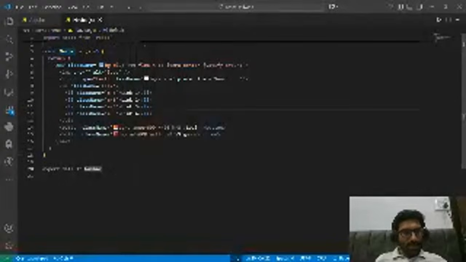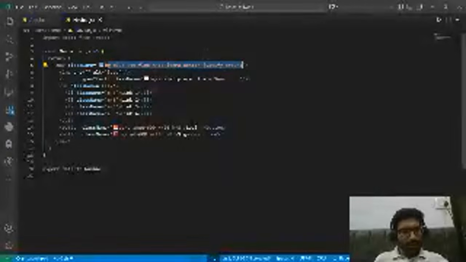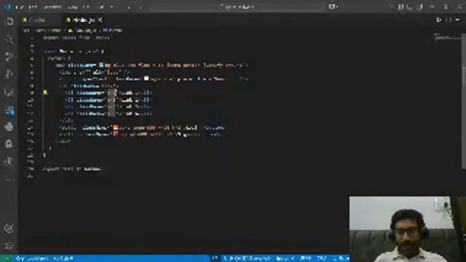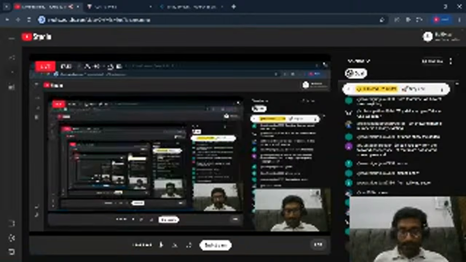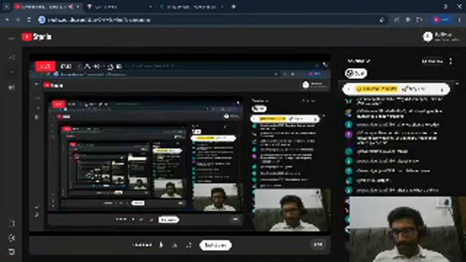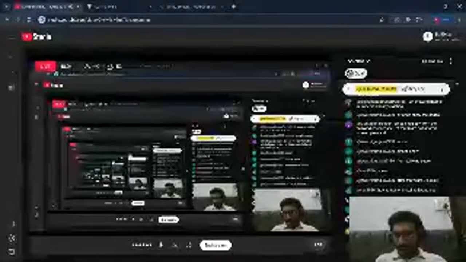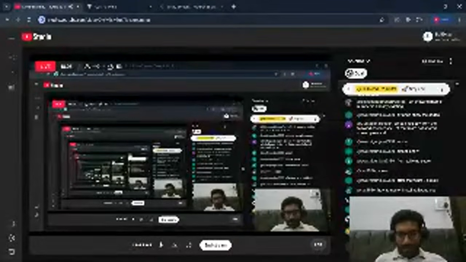So this is how we can write CSS inside the HTML only. That is why Tailwind CSS has the tagline: write CSS without ever leaving your HTML. Are you using a Bootstrap navbar? We are using Tailwind CSS. We are not using Bootstrap.